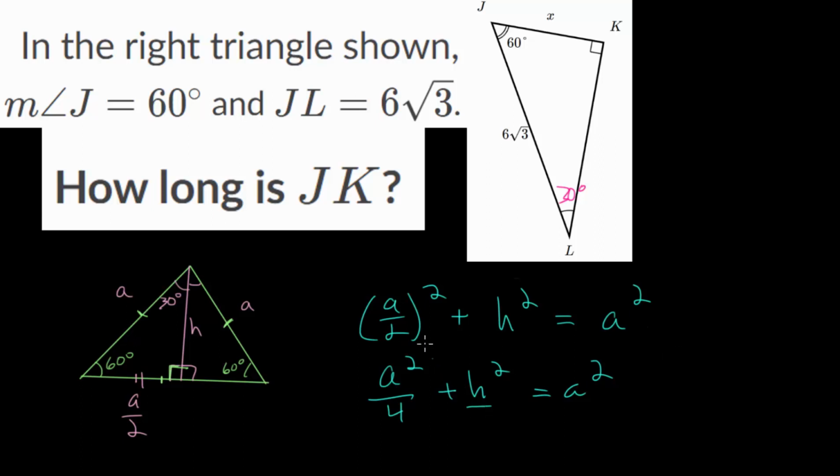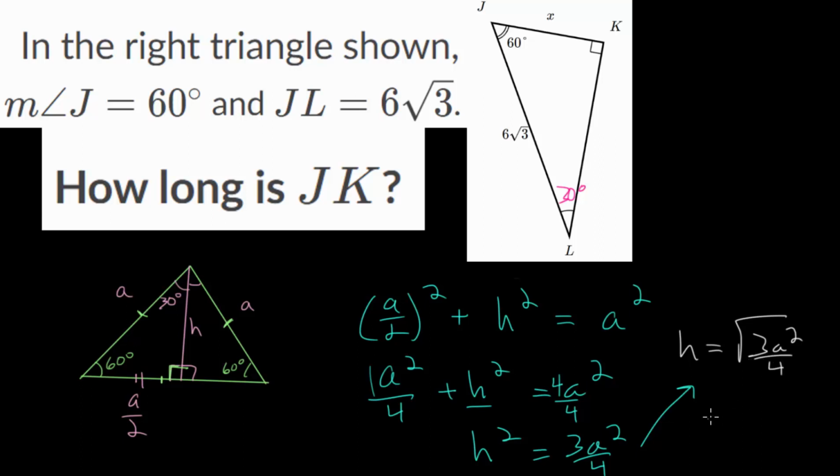Let's solve for h, so we can subtract this on each side. And we could write this as 4a squared over 4, and we're subtracting 1a squared over 4, so that we get 3a squared over 4. And the last step is just to take a square root of everything, and we are only concerned with the positive rather than the negative solution because we're dealing with physical side lengths. So we get the square root of